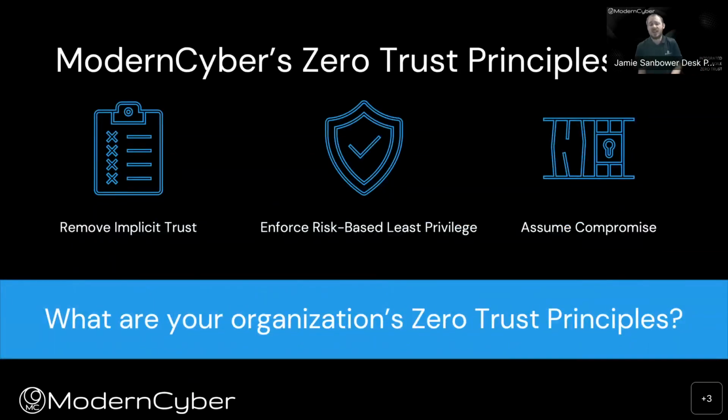And another example of definition is principles. So once you have that definition locked in, you should be defining specific principles that should be met as a part of your design, implementation, and operations groups within your organization. One thing that I always like to say is if we define Zero Trust principles, take ours, for example, we like to talk about removing implicit trust, taking away that basic out of the box, I'm able to get to everything and talk to everything, enforcing risk-based least privilege, and then assuming compromise.